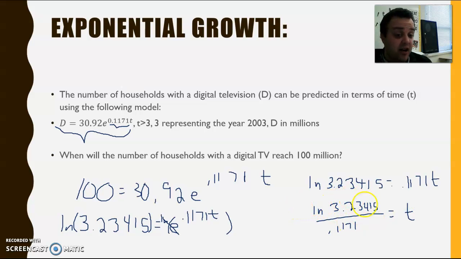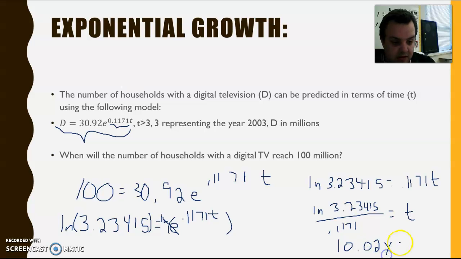Obviously, that's not a very good answer. Like, what year is that? I don't know. Okay? So we need to actually type in and get the approximate answer so we can give a good idea about when that's going to be. So the natural log of 3.23415 divided by 0.1171 is going to be a little over 10. I got 10.02,